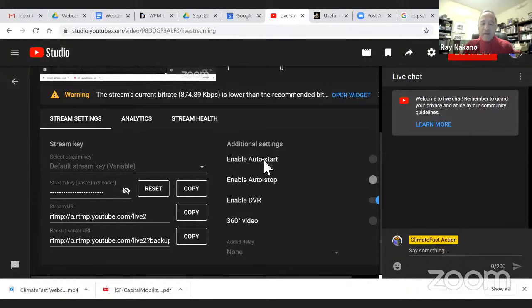session. The 3 keys or 3 items are the stream key, and when you click on copy the stream key, you'll see the successfully copied to clipboard. So that stream key is now on your clipboard. That's what you're going to copy into your Zoom session. Okay. Similarly for stream URL, you click on the copy button. It copies the clipboard. You would copy that over into your Zoom session.